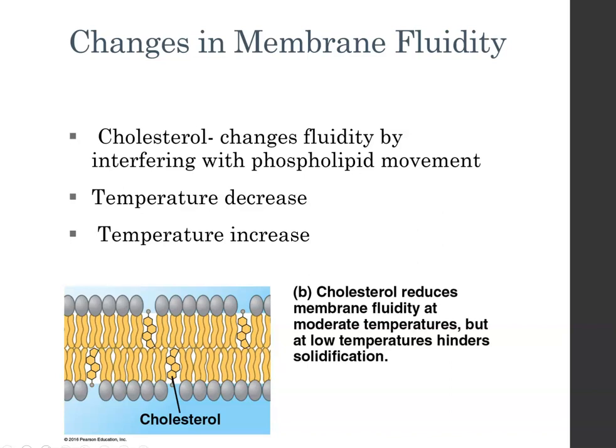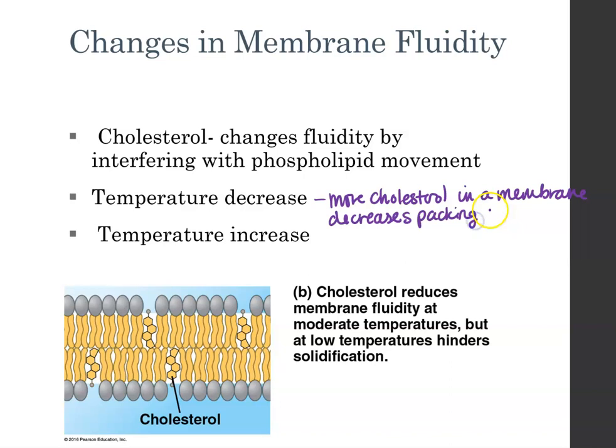As temperatures decrease, more cholesterol in a membrane decreases packing and increases movement. In other words, it essentially keeps the membrane from freezing or becoming too solid because it is blocking that tight packing. When there's a temperature increase,